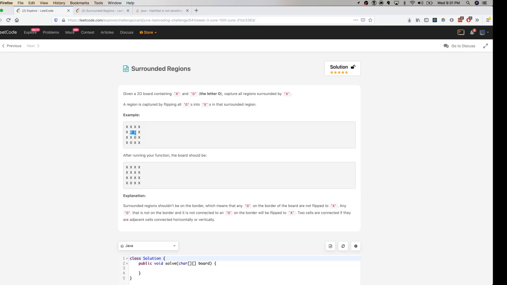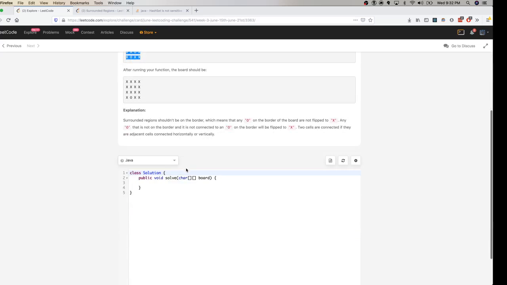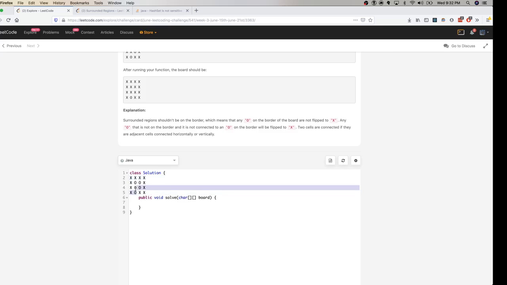are adjacent to each other in vertical and horizontal directions. So these three could be converted to X because they do not share a neighboring O. But for this guy, since it is in the boundary itself, this can't be converted to an X. So if there is an O, for example, right here, and this is the given input, then you can't convert all these O's to X's because all these are adjacent to the boundary O here.